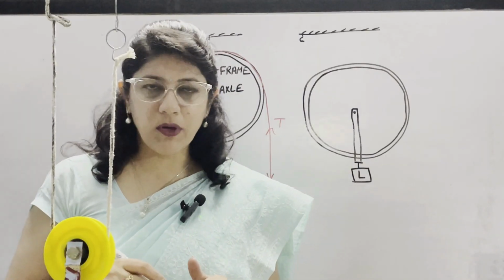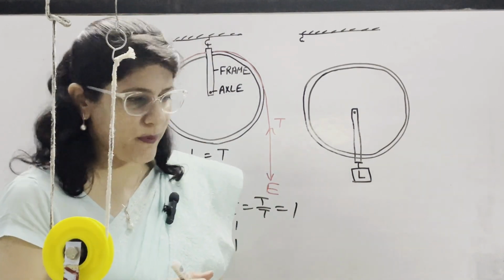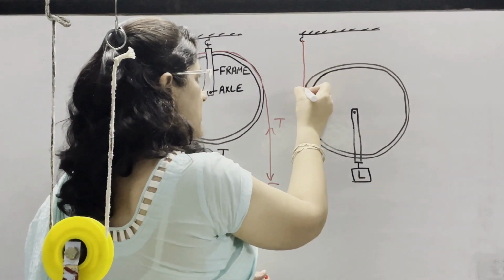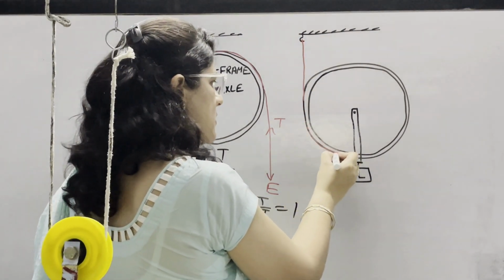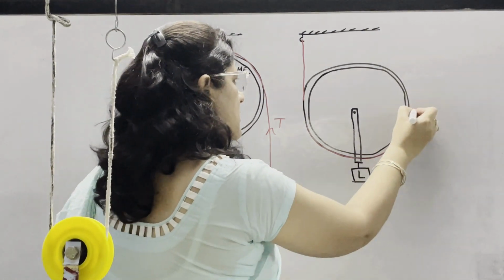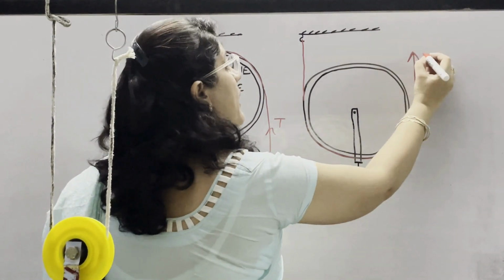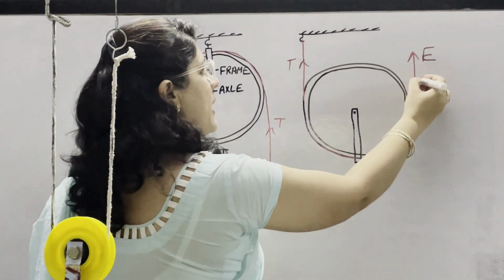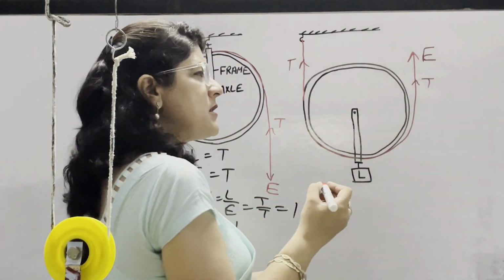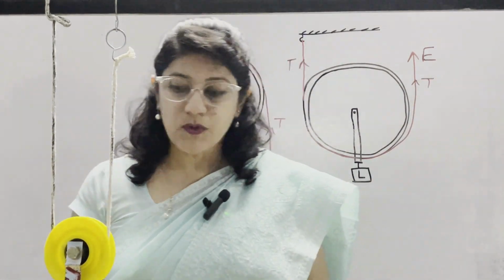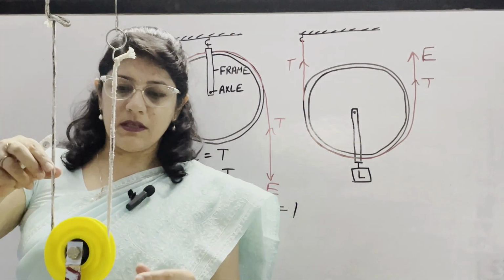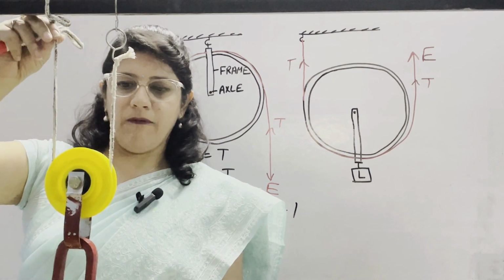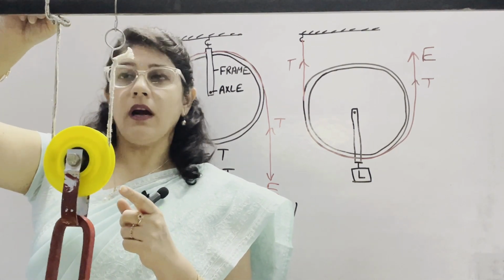In a single movable pulley, its axis of rotation is also movable. It means it is not fixed. So, with the hook, we are attaching this string. This is an inextensible string having negligible mass and in this case, we have to apply effort in the upward direction. Tension is again in the upward direction, but effort is also in the upward direction, which is a little bit inconvenient direction. So, as you can see here, this is a single movable pulley. If I am applying effort in the upward direction, this pulley may uplift this load.